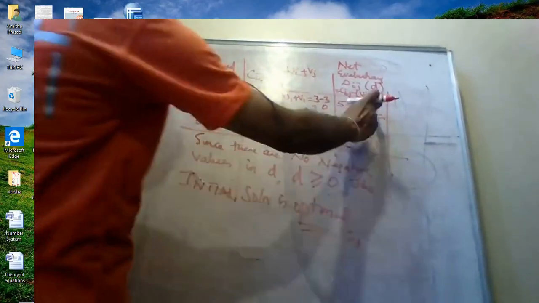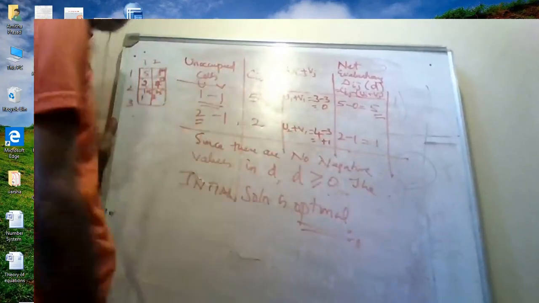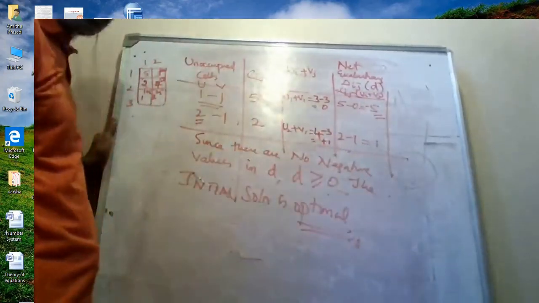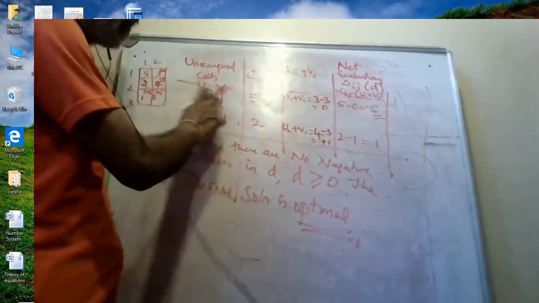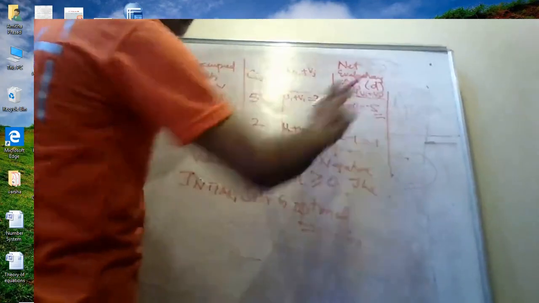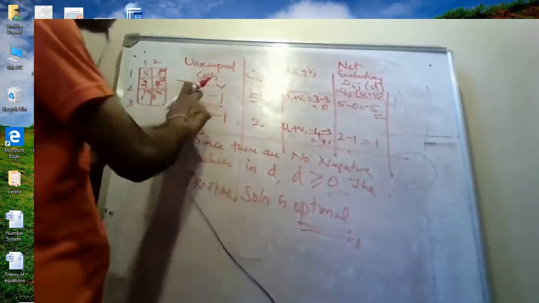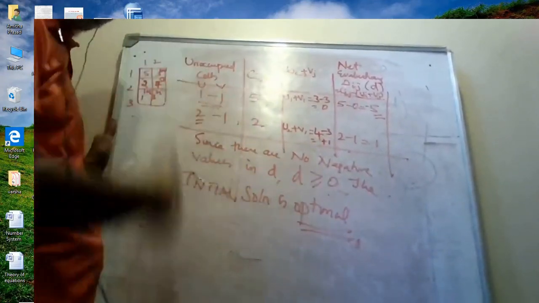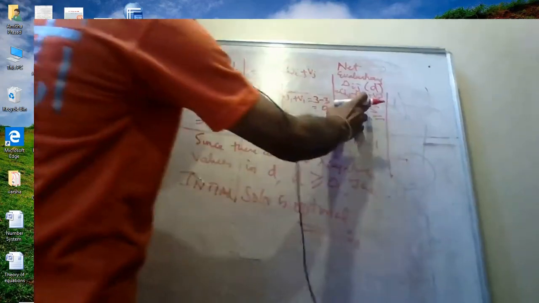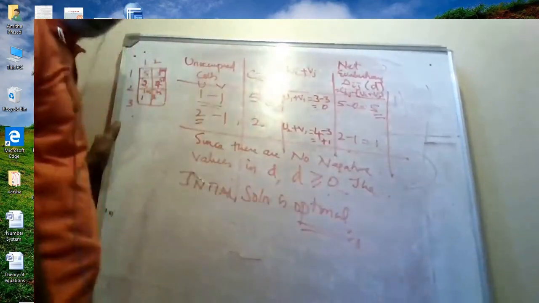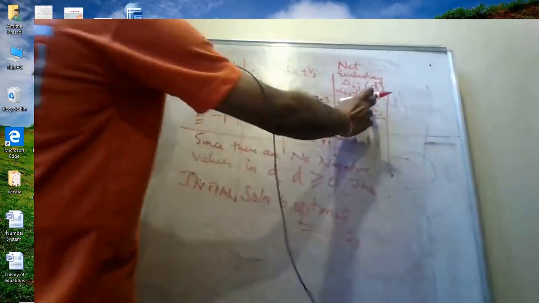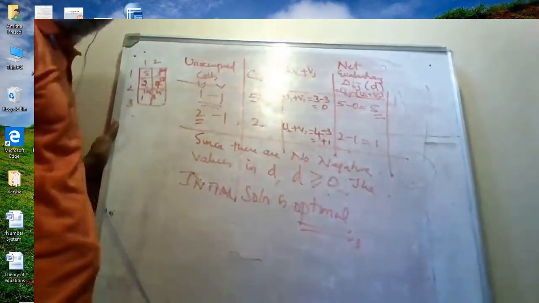So if you get negative values here, the solution will get changed. Suppose if you get minus 5 here, suppose if you take this route, then the cost reduces by 5 rupees. Therefore, we will take this route. So we will bring in 1, 1 and delete one of the routes. But anyway, this problem does not have negative values. So whenever you apply VAM, generally it will be positive values. Okay. Generally you don't get negative values.